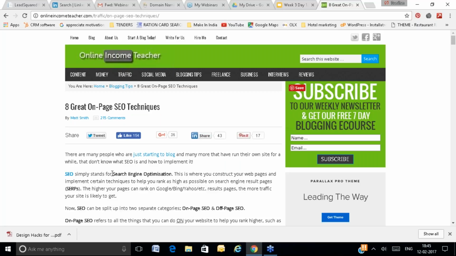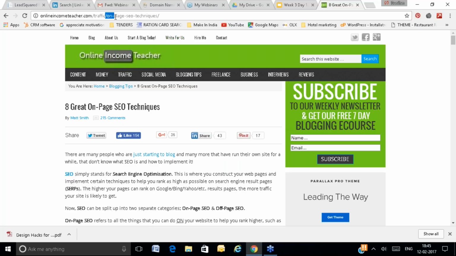You can make the content bold. Search engine optimization is relevant to the keywords, so you are making it bold, right? This is called interlinking. You are linking one page to another page. When you click here, you can go to the next page. So interlinking is also a factor in ranking.